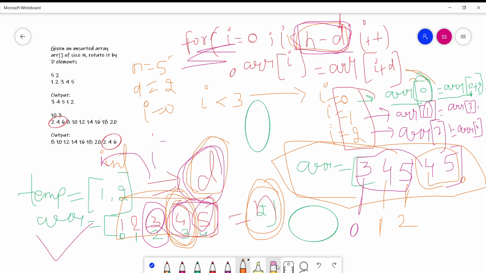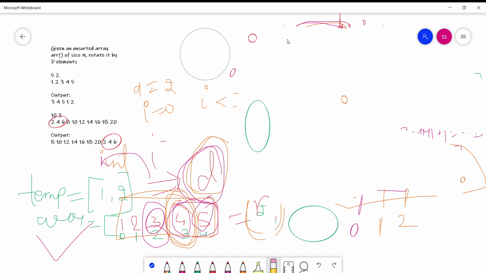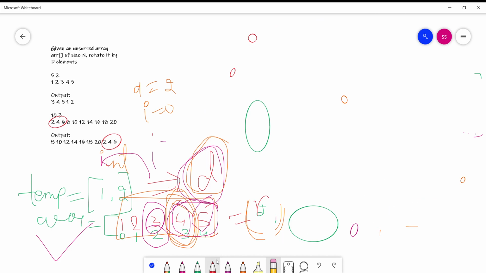Now I have to take another for loop to copy the elements of the temporary array to arr. And how can I do this? I have to traverse another for loop, for i is equal to 0, i less than d, i plus plus.